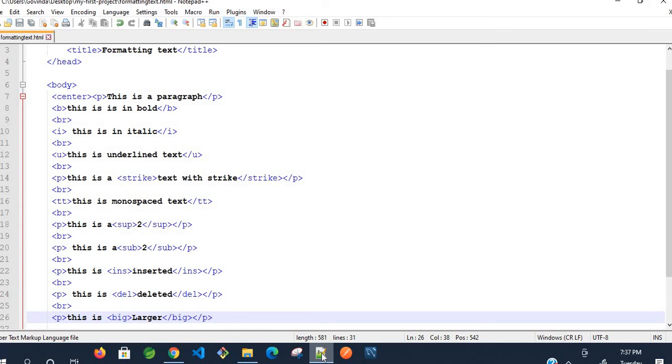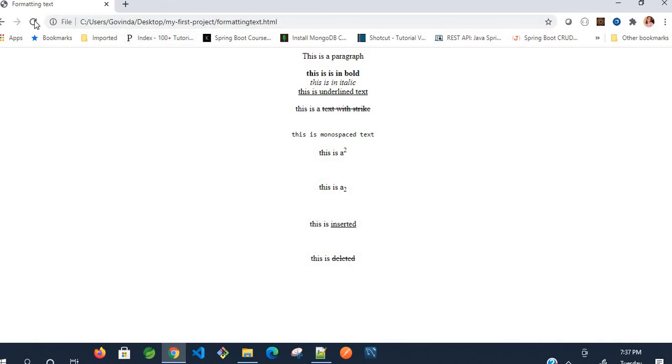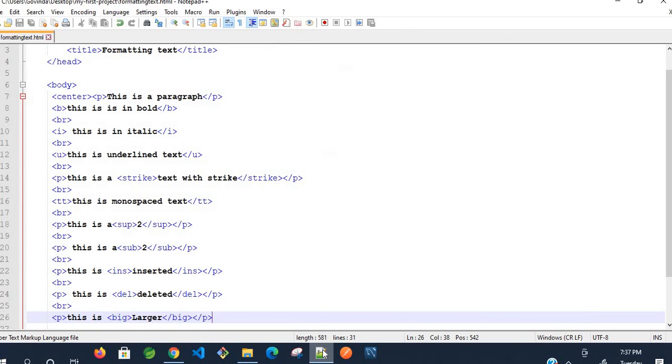Okay, you will see, save the file and go to the browser. Okay, refresh it. See here, this is a normal text and this larger is enclosed with the big tag. Big tag is going to display the text +1 size when we compare to other text. For example, the size of this text is 8, then it will display in 9. If this is 10, this will display in 11 size. Okay, the font size here I am speaking is. Okay, now in the same way we have the small size also.